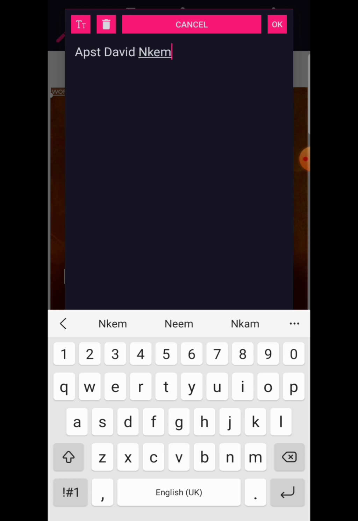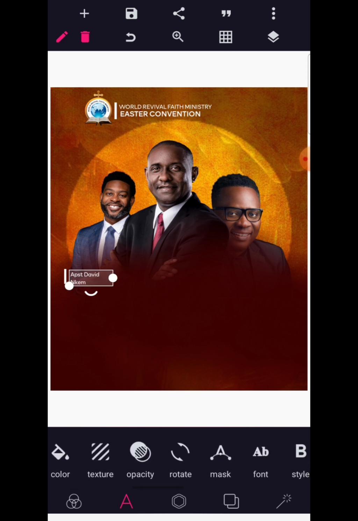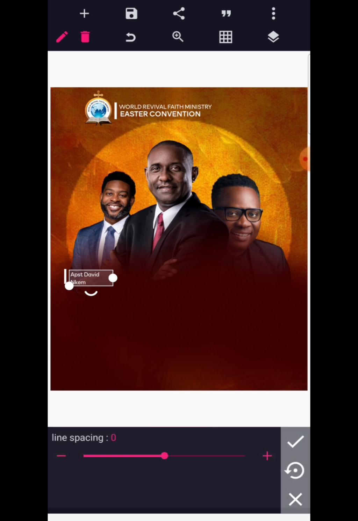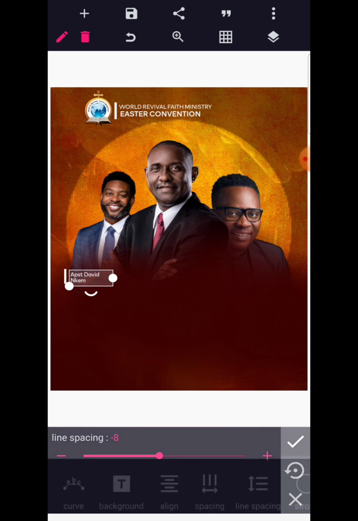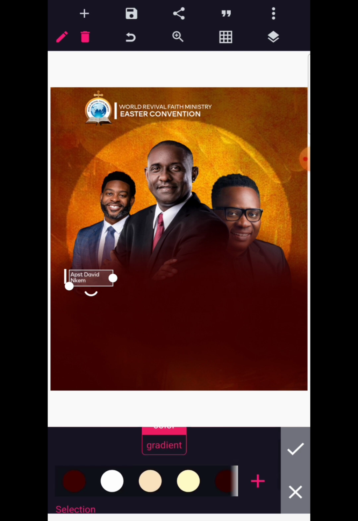So we're just going to break this into 2 lines, then go to line spacing and reduce the spacing in between to about -9,